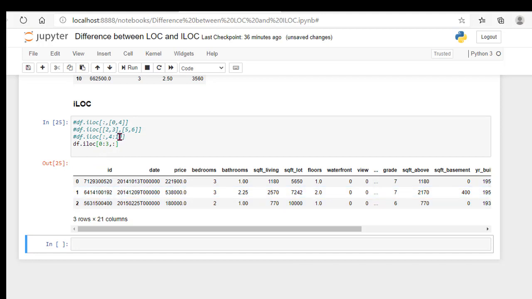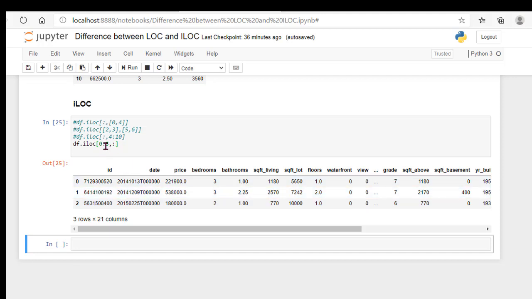The second difference, as I told you, is that when you are taking the range of either rows or columns, the last element is exclusive. The last element is not included. So here, when you are taking 0 to 3, the third row is not printed.